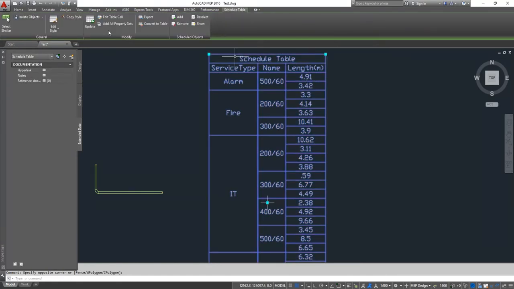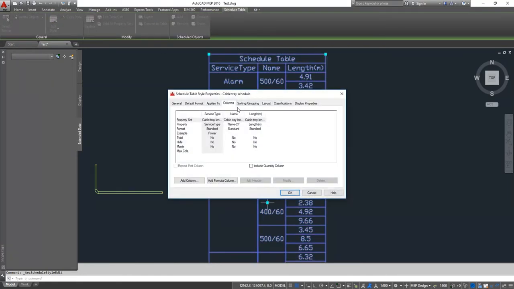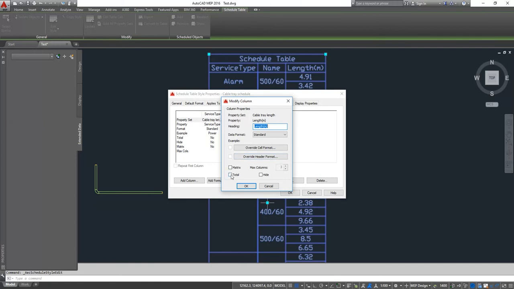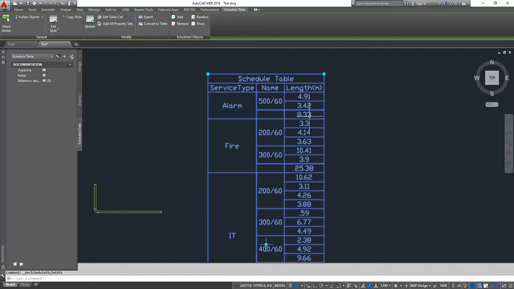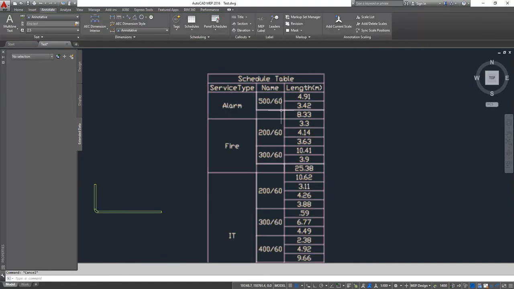Okay, so we can also go here in edit style, see what we can modify. We can see for length we want totals. Okay, and we can see now that we have alarm cable tray